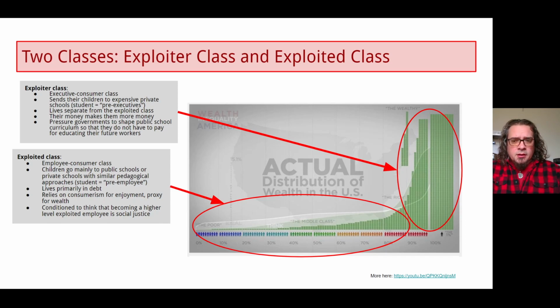This group, the exploited class, lives primarily in debt. There's a small portion of their life where they're actually debt-free. And I don't just mean credit cards, right? I mean any kind of loan whatsoever. They spend the majority of their life in debt, right? Even when they get to retirement, even if they're not living in debt, they're worried about debt. Okay? So there's an ongoing lifelong relationship with debt for this group.